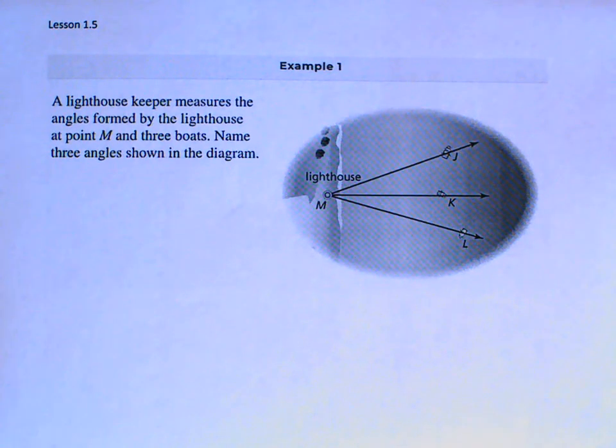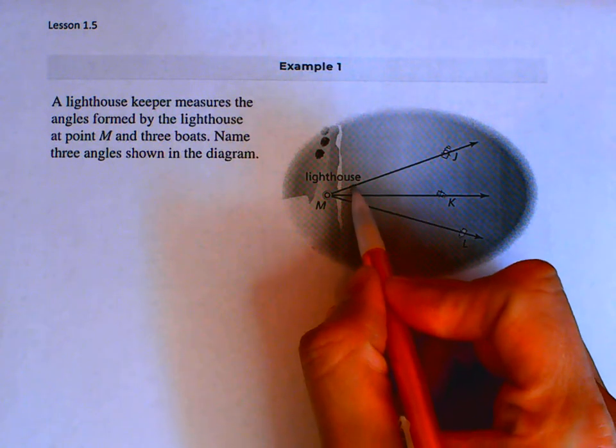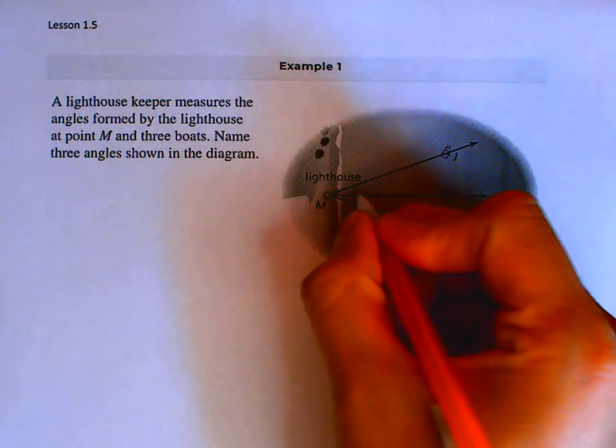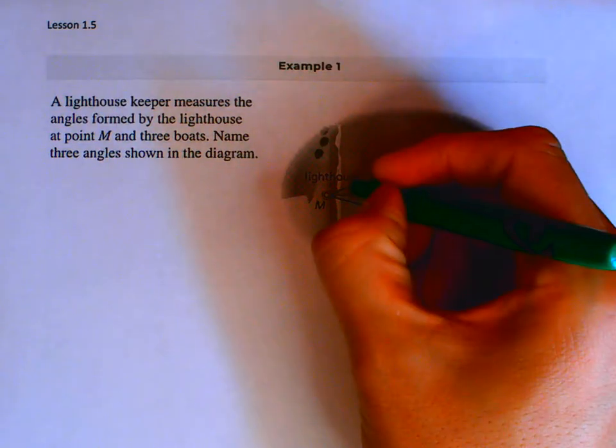A lighthouse keeper measures the angles formed by the lighthouse at point M and 3 boats. Name 3 angles shown in the diagram. Now remember that the angles have to have a vertex. So in this case, the vertex would be M. There's probably more than 3 angles in this diagram, but let's just focus on 3 of them. Let me use a highlighter, probably make it easier to see. So if you look at this angle right there,